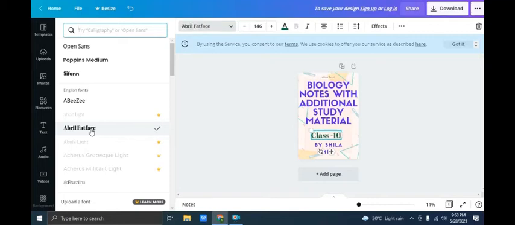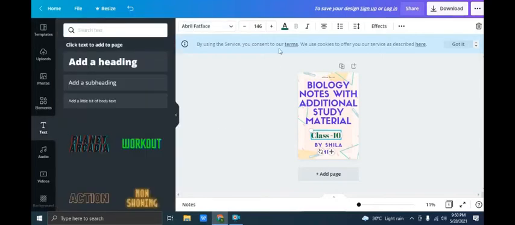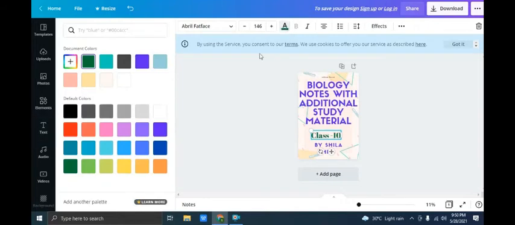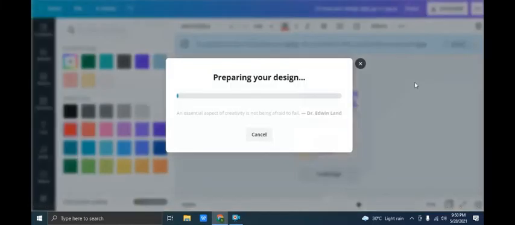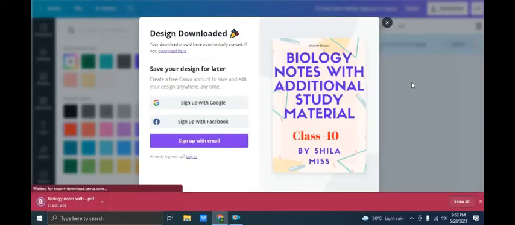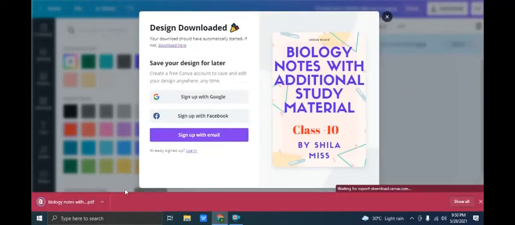First of all I took green color, but I see that the font is very thin, so I want a bold font over here, so I'll choose the bolder font. Okay, I have chosen the bolder font. So now class 10th will become bolder, but this green color is not matching with all these colors, so I will change the color of this. Again go to A, the color palette will open. Yellow, it is also not looking good. Then red, yeah, this is looking fine. So now it's okay. Now this is a good, attractive design.